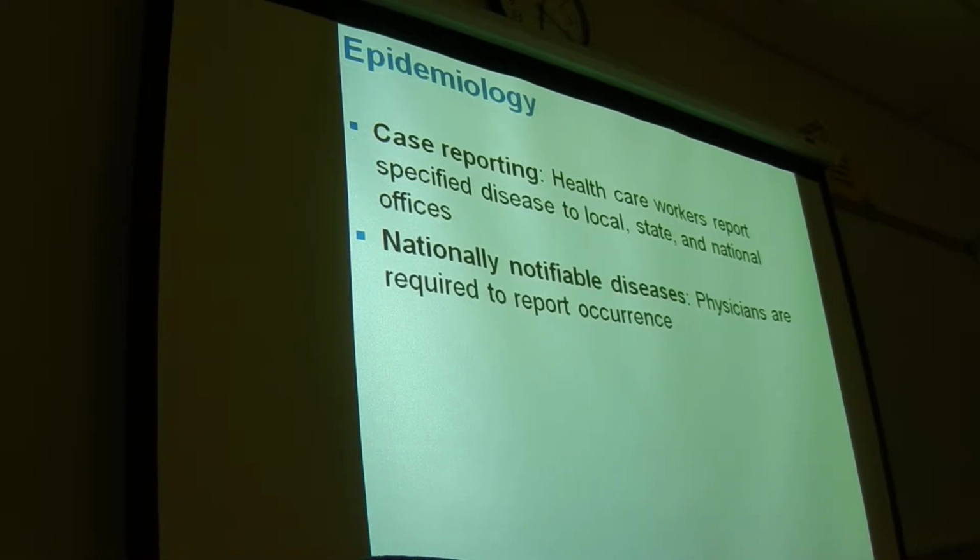So again, if it were something like, what's a good example? What's the one with the spores? I can't think of it right now. Anthrax? Anthrax, yeah. So if there's just a general physician who never saw anybody with anthrax, and then in the week 10 people came in with anthrax, he'd report that straight to the national level. Okay, that's a huge deal.